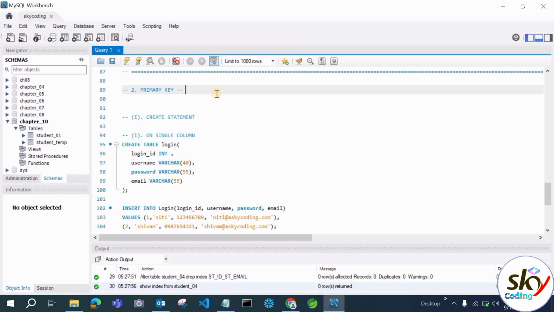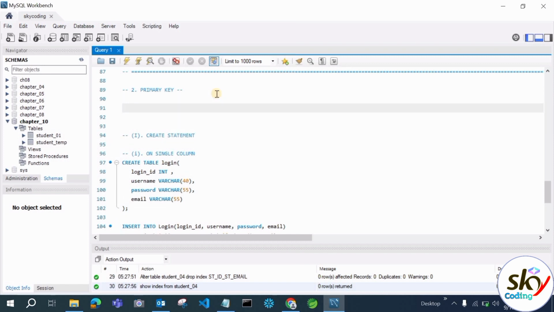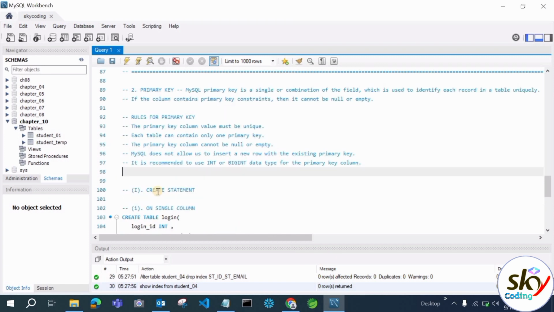Okay, so let me write a few points here about the primary key, then your concepts will be clearer. Okay guys, you can see I have written a few points. Let's understand these quickly. Basically it is a combination of fields which will insert the unique key, and that column cannot be null where you have specified a primary key. These are some rules for specifying the primary key. The primary key column must be unique, and each table can contain only one primary key, whereas in the unique key we can specify any column as a unique key. The primary key column cannot be null or empty, and